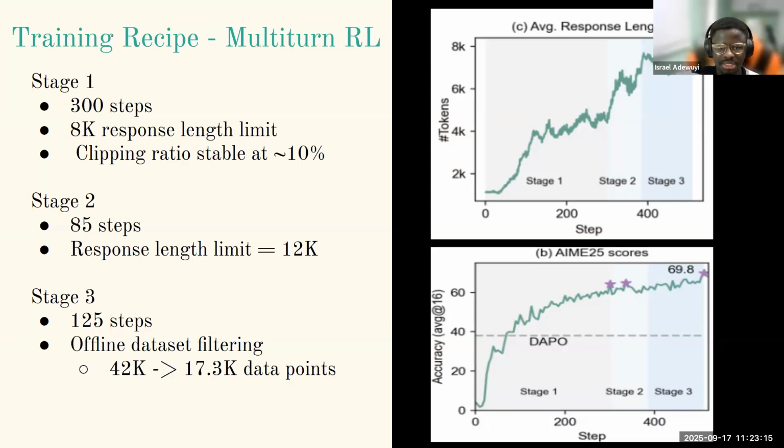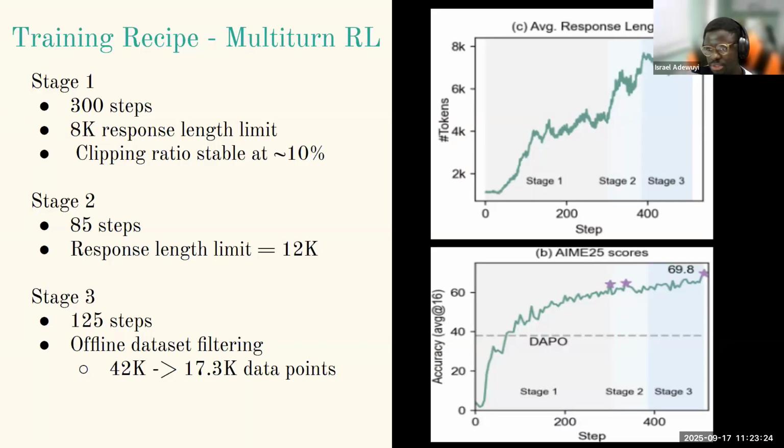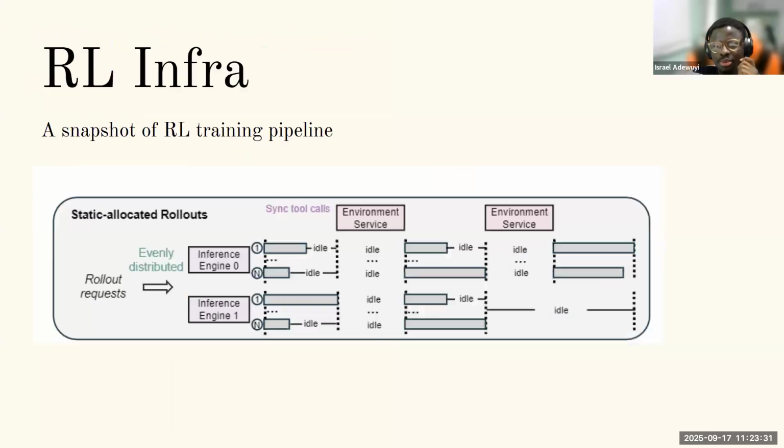But yeah, basically their training recipe was non-reasoning SFT, this data set of integer-only answers with multiple rounds of filtration, then multi-stage RL. So this was the training recipe. Then we moved to the RL infra. I sort of mentioned this at the beginning, but in more detail, an RL training pipeline is you have your rollouts. Then, because of the nature of multi-turn training,